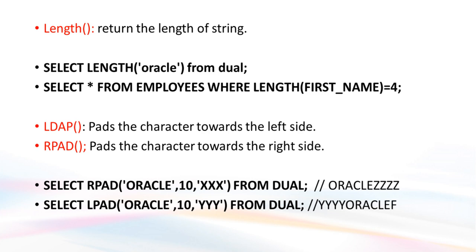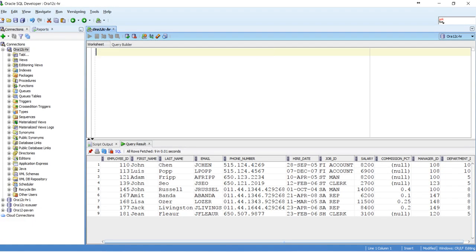Now let us see an example. LPAD and RPAD. Select, this is the function RPAD, select RPAD of, here I'm saying Oracle, this is my string, comma, the total characters I want to display will be 10. So 10 comma, I'll say 4 here from dual. Now when I execute this,